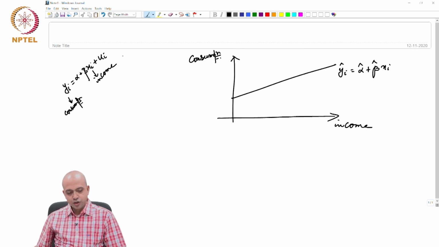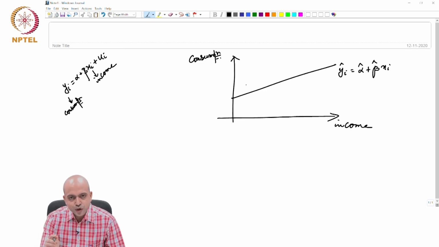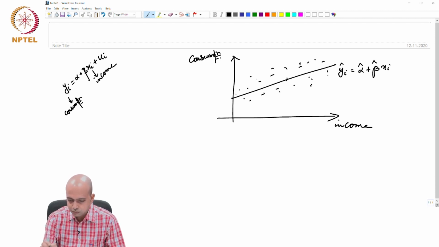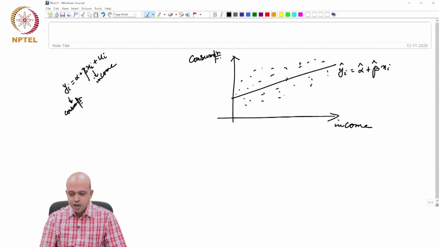X is your income, this is the original function and this is the function you have estimated. Now this estimated regression line basically represents the data, the scatter plot, right. So that means you are trying to represent the raw data with the help of this regression line,